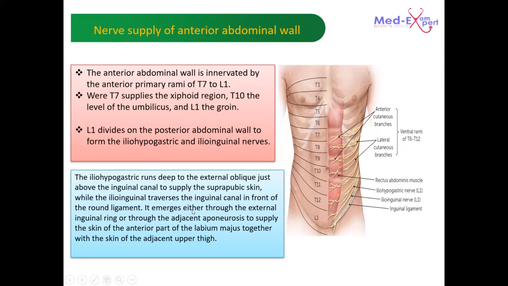It emerges either through the external inguinal ring or through the adjacent aponeurosis to supply the skin of the anterior part of the labia majus together with the skin of the adjacent upper thigh. So the Ilio Hypogastric supplies the suprapubic area, while the Ilio Inguinal comes down to supply part of the area of the mons and the labia majus. Okay,